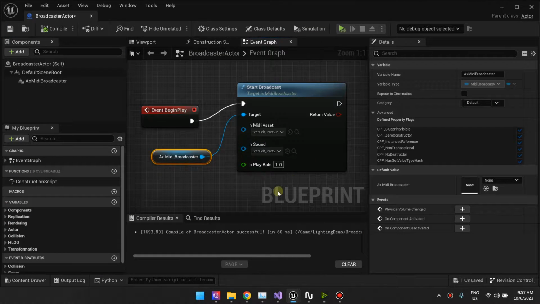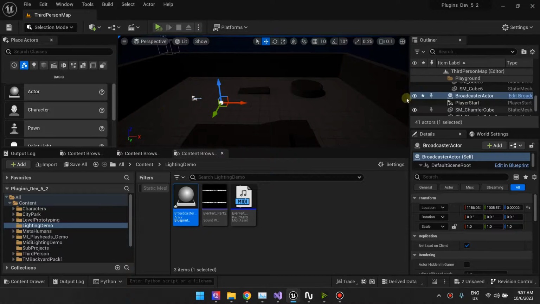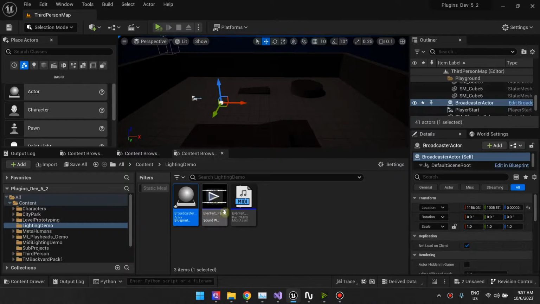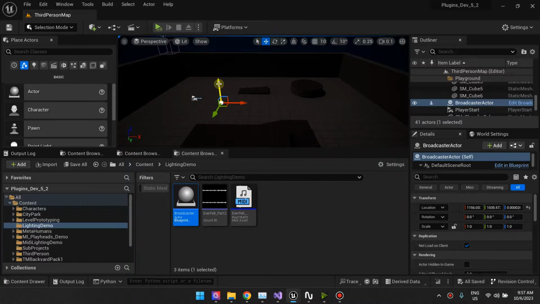Lovely. Let's check if this works. If you just drag our MIDI broadcast actor into the world, the music should start playing and everything. Good. Okay, we have our music and our MIDI file broadcasting, but we don't have anything listening to the music